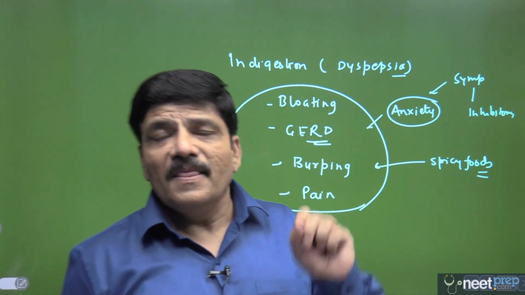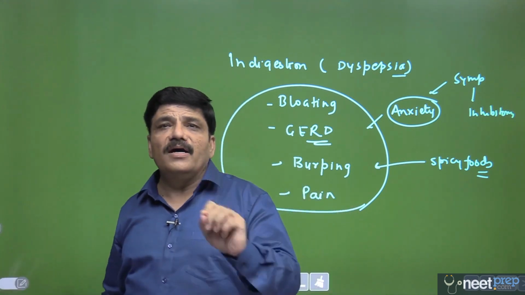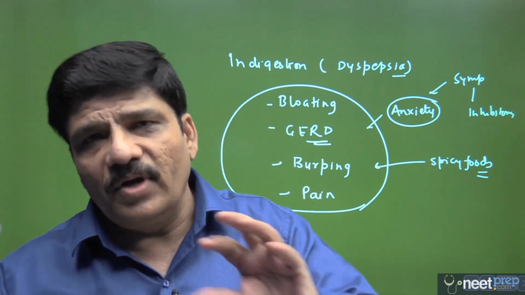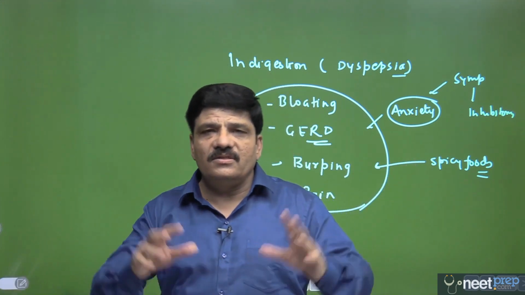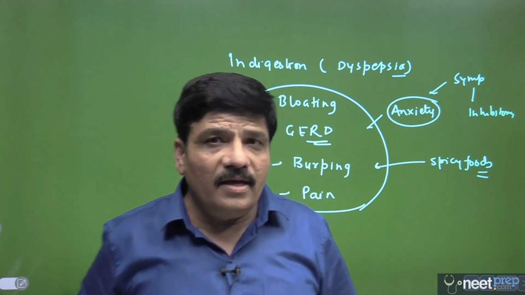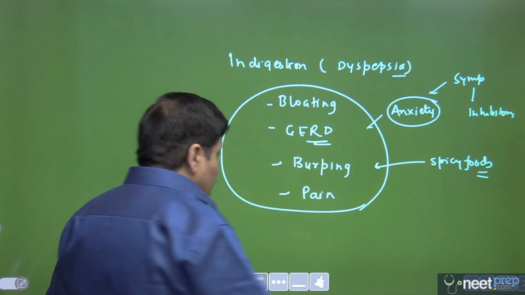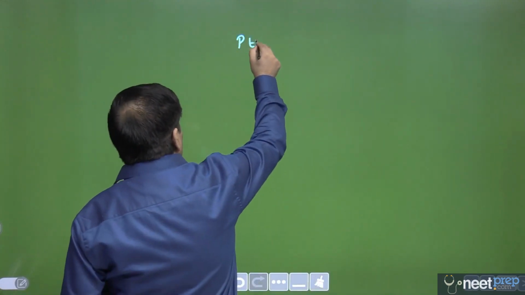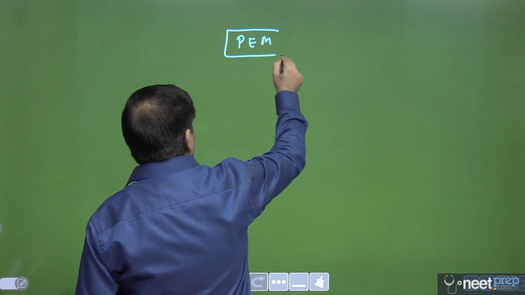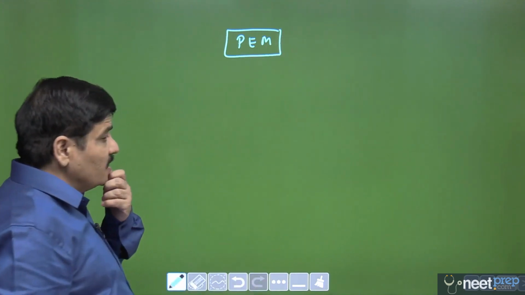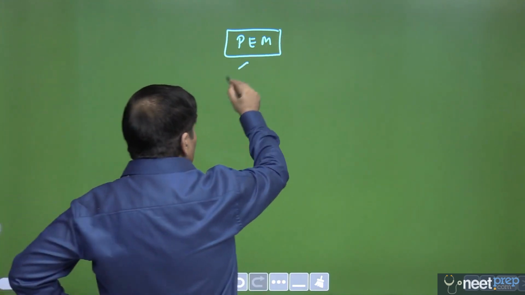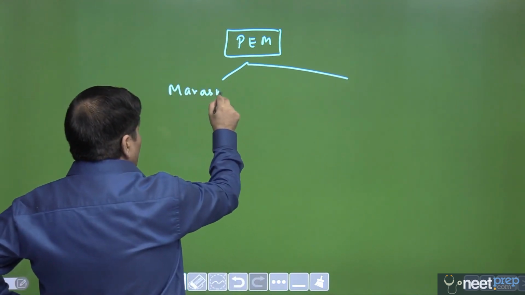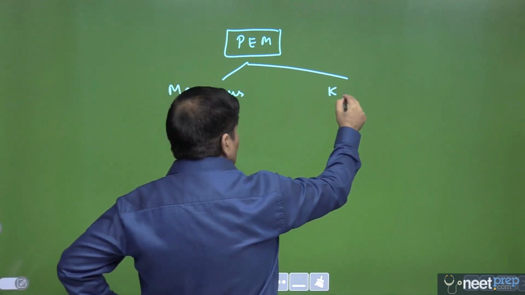And finally, something about protein energy malnutrition. So even in this video, I am going to ask you some questions. Or okay, let me give you straight away just the idea that what exactly they can ask in protein energy malnutrition. And please remember, this is a very, very important question. I will not be surprised if it is reflected in this year entrance examination. So there are two ends of the spectrum. One would be called as marasmus, and the second would be called as the kwashiorkor.